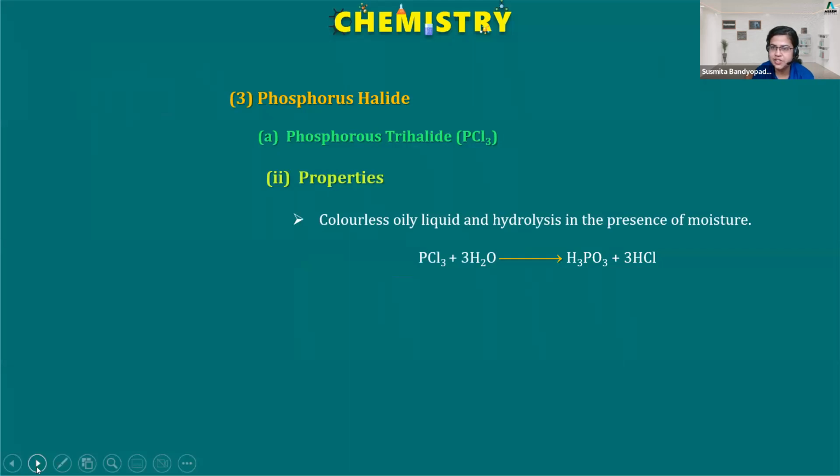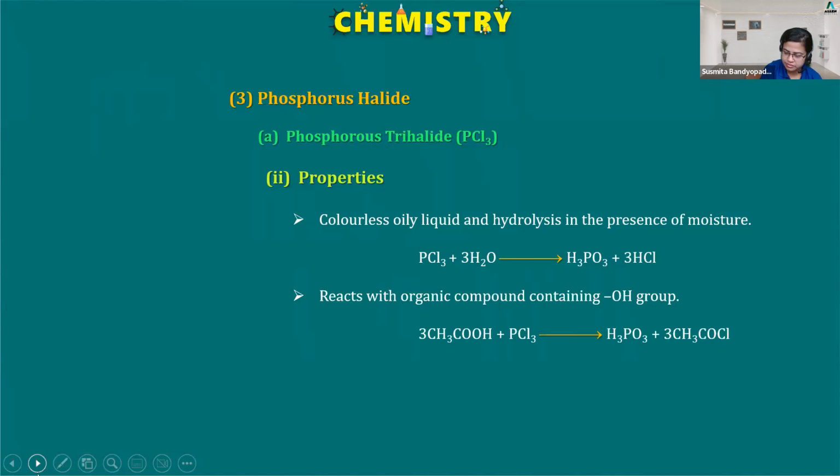When it gets hydrolyzed, the three chlorines will be replaced by 3 OH and H3PO3, phosphorus acid, will be formed. I would like to know the basicity of phosphorus acid. It's very important for us to know this. Very good. So there's no confusion that H3PO3 is phosphorus acid and its n factor is 2, because only these two hydrogens are directly attached to highly electronegative